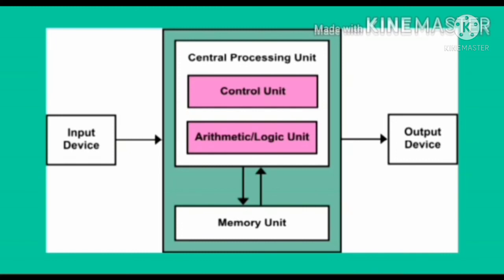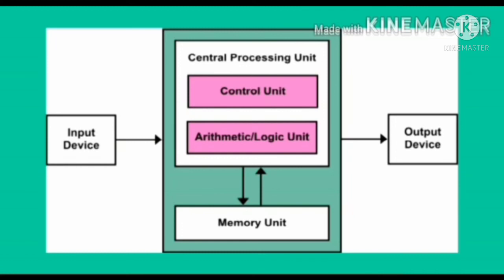Let's have a simple example to see how exactly your central processing unit works. Suppose I entered two numbers for the addition. This instruction is sent to the control unit. The control unit decides whether we should send it to ALU, MU or output device. As now I entered the two numbers for the addition, that instruction will be sent to the arithmetic logical unit where the data is processed.